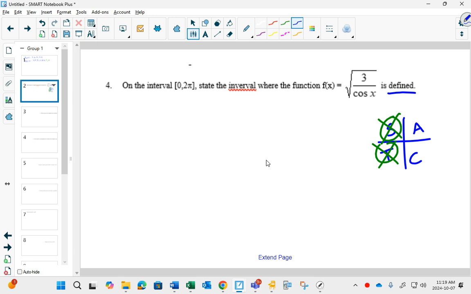Okay? So that seems to say from 0 to 2 pi, we should be in quadrant 1, and since this is interval notation, quadrant 1 would go from 0 to pi over 2, and quadrant 4 would start at 3 pi over 2 and go to 2 pi. Now I'm going to put brackets around those in a second,